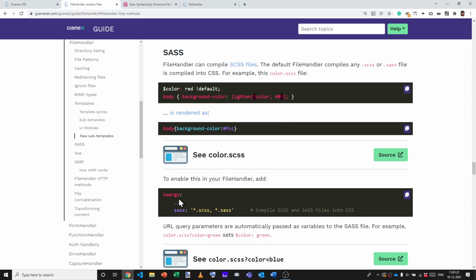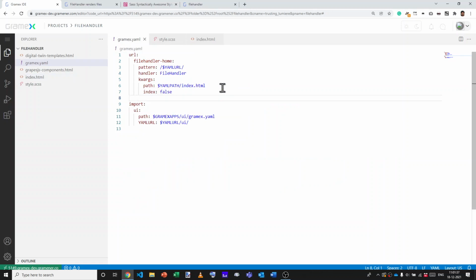By default, this is enabled in the file handler using a kwarg saying SASS colon and a list of file extensions that should be compiled into SASS. If you create your own file handler that deals with a file, you need to add this. For example, let's take this gramex.yaml. Let's say we create our own file handler. We'll call it SASS, and the pattern is, let's say, slash